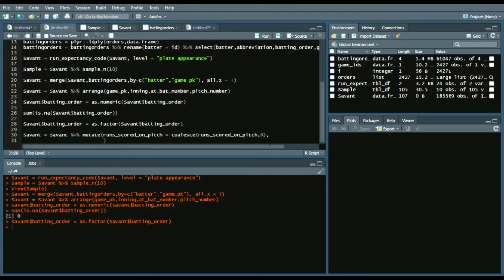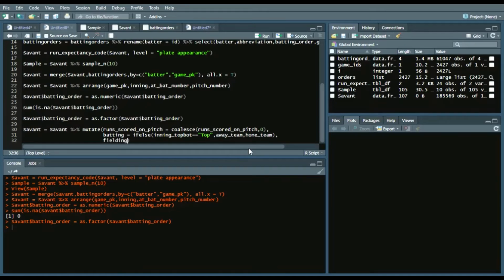So now we have those 0 instances, and then we're going to say batting, ifelse inning top bot, which is just top or bottom of the inning, equals top, then we'll say away team, otherwise home team. That way we have who's up at the plate and who's